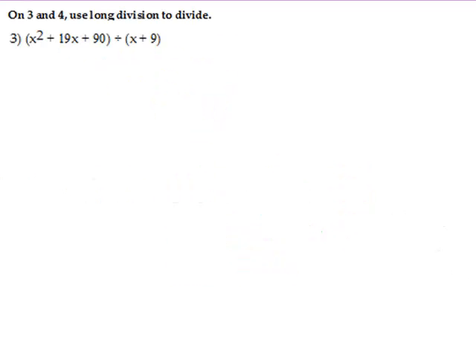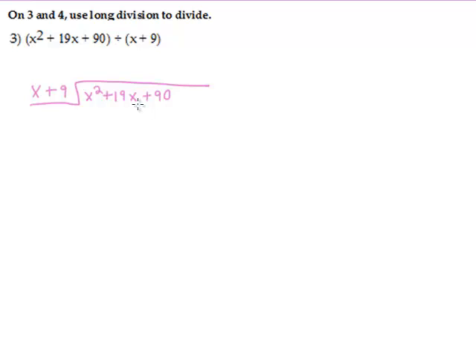Now let's get to this good old long division. So we start off here by putting what we're dividing by, and then underneath we put what we're dividing into. And there is a step-by-step process to this that you have to remember in order to be able to do it. We have to start off by figuring out basically how many times x plus 9 goes into x squared